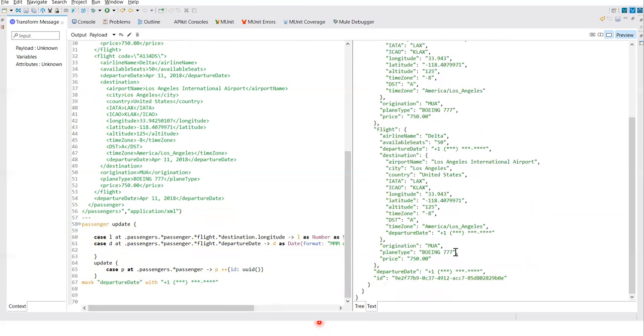Now you see at every level, here also it got masked, here also it got masked. I didn't mention the level or anything. But in update we have mentioned at what level my value is. Here we just need to mention the field name, and wherever the field name is matching, this mask function will mask the value of that field.